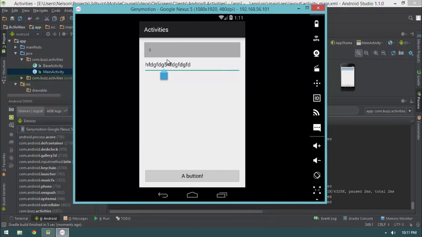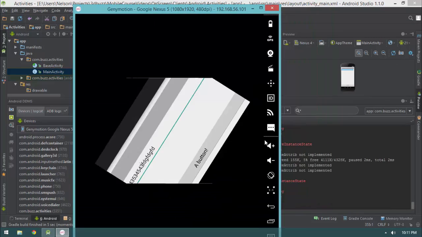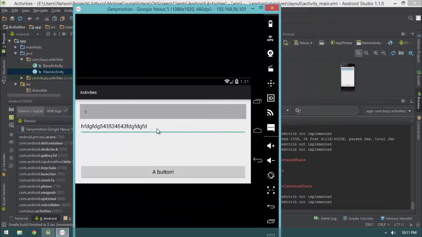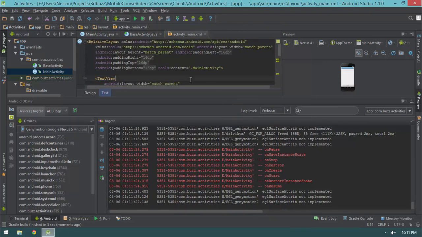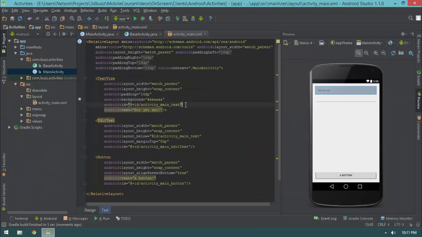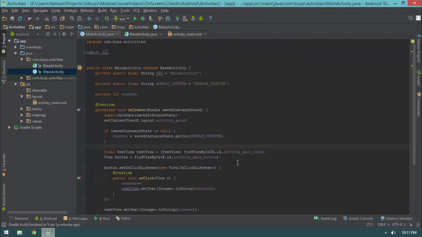So, as long as the EditText has a unique ID, which almost all the time it will, because an EditText without a unique ID is kind of silly, since you want to be able to reference one. But this also applies to any other views that may have any sort of state that might want to be saved. Alright, so that's basically the practical, down in the trenches introduction to the